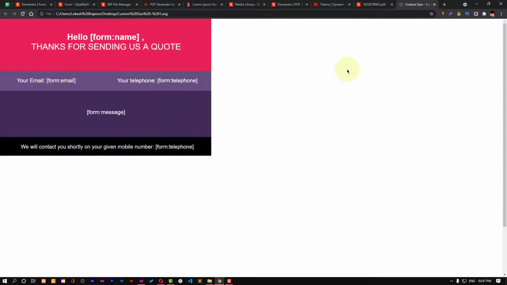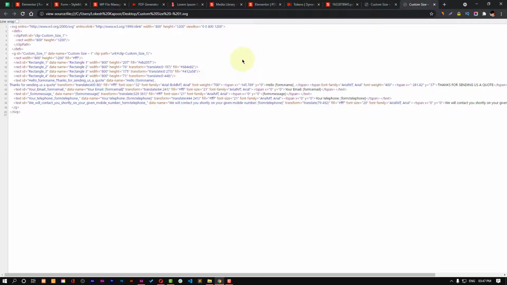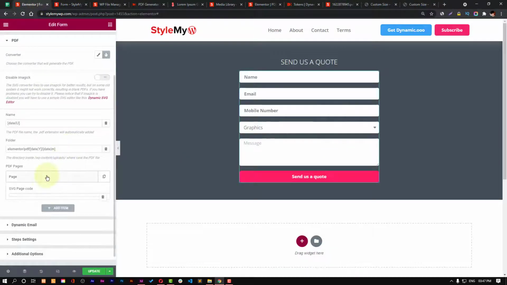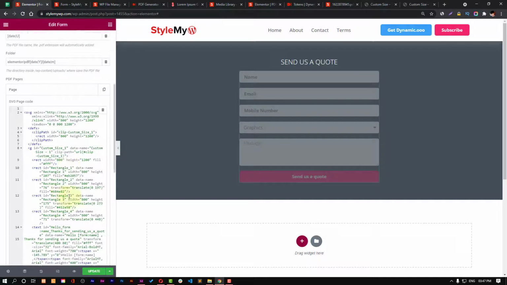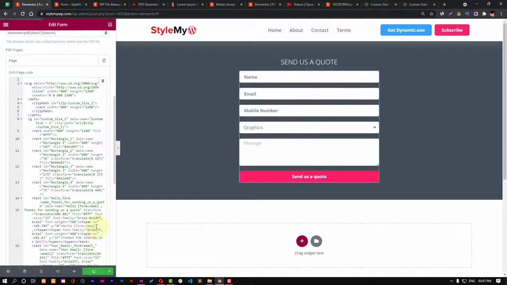So here it is, right? What I will need to do is go to view page source and copy all the code right here and put it in my page SVG code here. So I have pasted it, and let me update this.